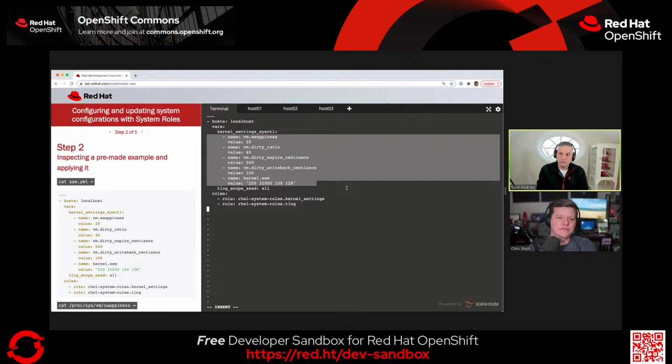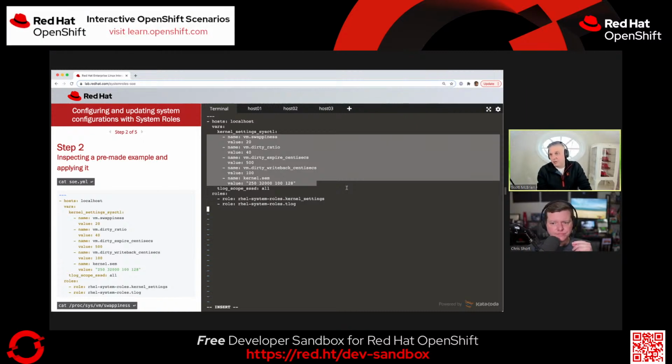So semaphores are a type of shared memory where processes can pass information back and forth to each other. And so we're setting things like the size, the total number, the minimum and maximum length of semaphores. And it's a set of 4 values that get stuck in this one kernel setting. Nice. So, yeah, once I apply this playbook, those are the settings that are going to be applied to this system through